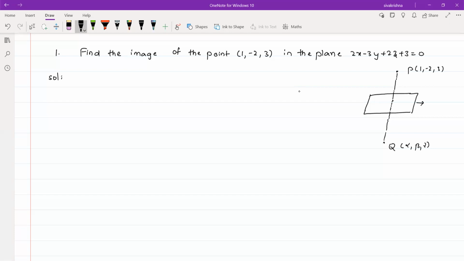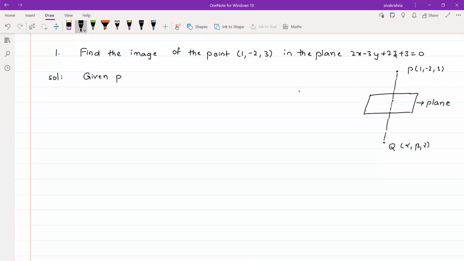I have drawn a rough sketch where P is the given point and this is the given plane, and I am supposing that the image of P is Q. This is the image of P in the plane, and I am naming that point Q = (alpha, beta, gamma). We have to find that particular point. First of all, coming to the solution,